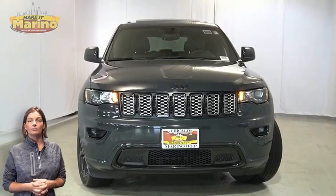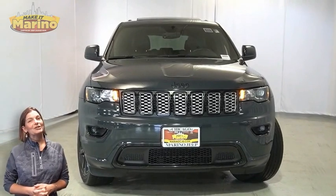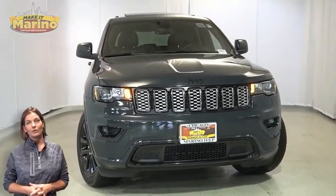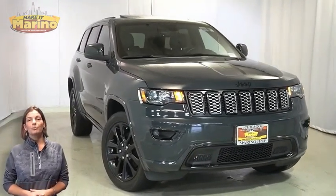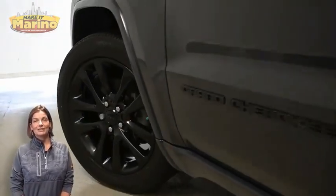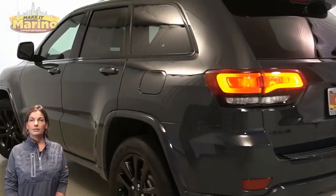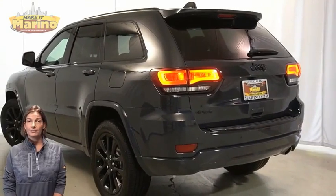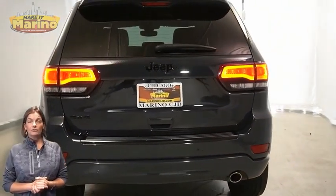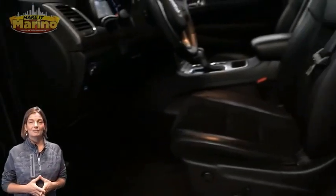Looking for a highly equipped SUV with all the right options and reliability? We'll take a look at this 2018 Jeep Grand Cherokee Altitude in Rhino Clear Coat. With black headlamp bezel finish, front fog lamps, 20-inch aluminum wheels, black daylight opening moldings, black lens tail lamps, single exhaust with bright tips, heated front seats, heated steering wheel, 42,000 miles on the odometer,